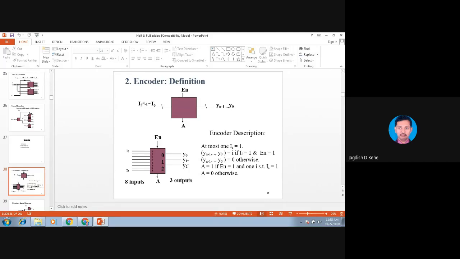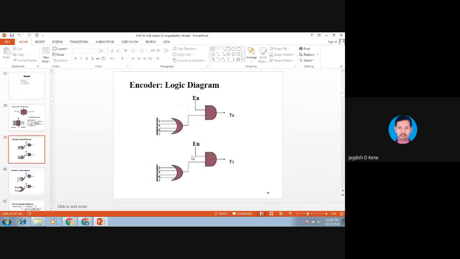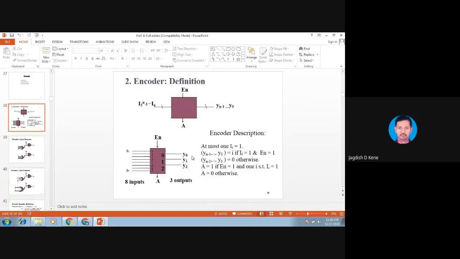It may convert 16-bit data into 4-bit. It may convert 4-bit data into 2-bit again. So what is happening? The transmission bits are reducing. We are reducing the bits for transmission, and therefore we require less power for the transmitter, and it will be easy to decode at the receiver side. So this is the application of an encoder. That's why in digital communication we are using encoders, and at the receiver side we can use a decoder.